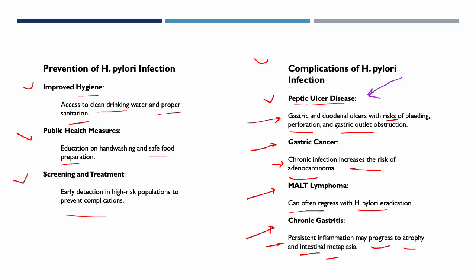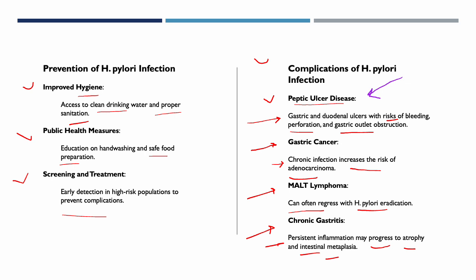It produces urease. The urease converts urea into ammonia. You all remember this. Now, this ammonia will help neutralize the stomach acid locally and also damages or leads to damaging the epithelial lining. This all leads to inflammation and disruption of mucosal defenses, allowing acid to erode the mucosa